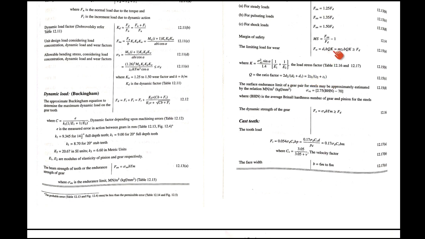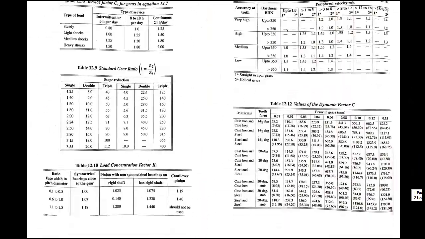Now comes K. K can be obtained from the table that I will show you. Here we have to do the design in two different ways. Suppose in the question they give you a specific material, then we can identify the value of K. If you have endurance stress and alpha, all those things, if you substitute them, you can get the value of K. Or else we can go to table 12.16 or 12.17. Let us go to table 12.16 or 12.17.